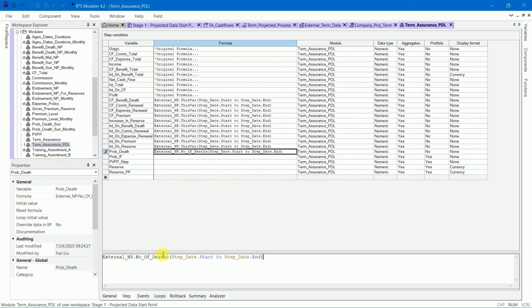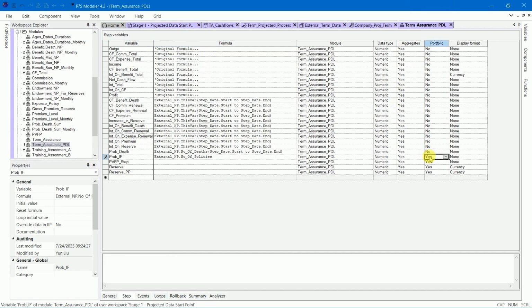Next is prob if. The formula is external_np.number_of_policies. Since it is a portfolio variable, there is no need to set the date range.